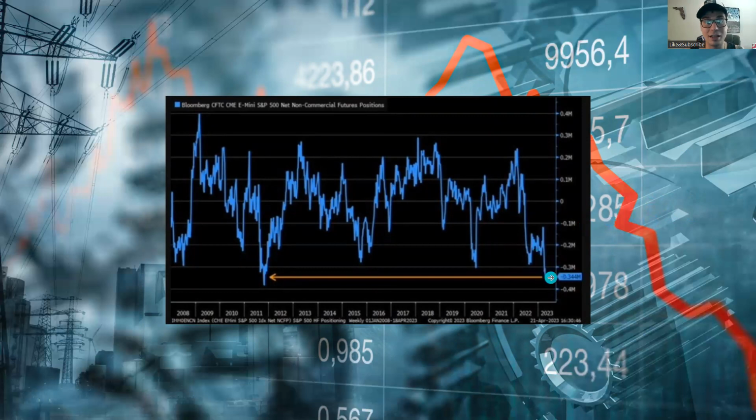And what we're seeing is the S&P 500 futures short positions. Okay, this is not your typical put to call ratio, which is very different than looking at the actual futures positions. Typically the futures traders will get things a little more right than the put to call ratio. A lot of times people look at the put to call ratio and think that the stock market is actually going to do the opposite, right? So if it's a super bearish put to call ratio, they think that the stock market might actually go up. And if it's a super bullish put to call ratio, they think it might go down. Again, this is very different from that. This is actually S&P 500 futures short positions.